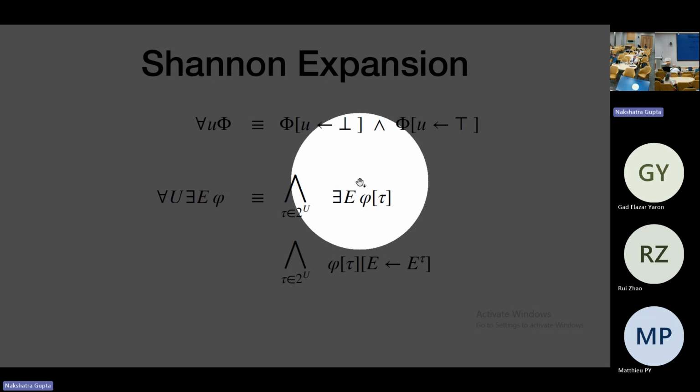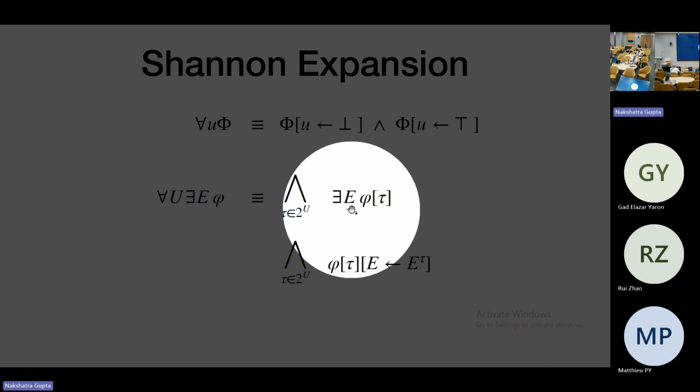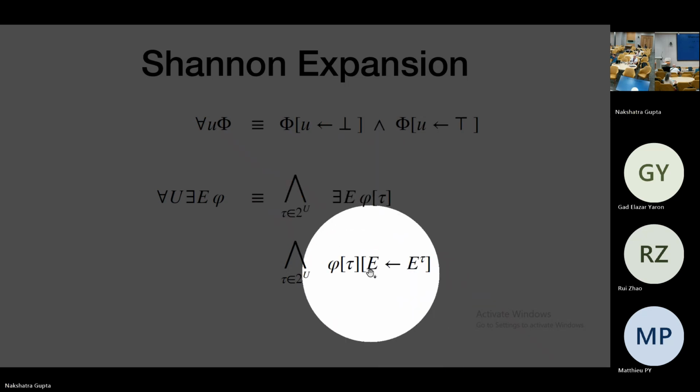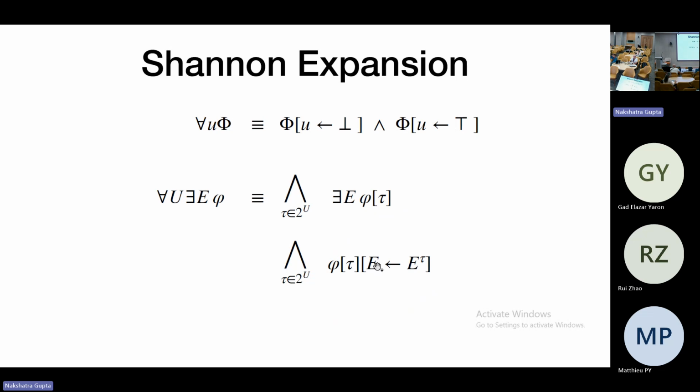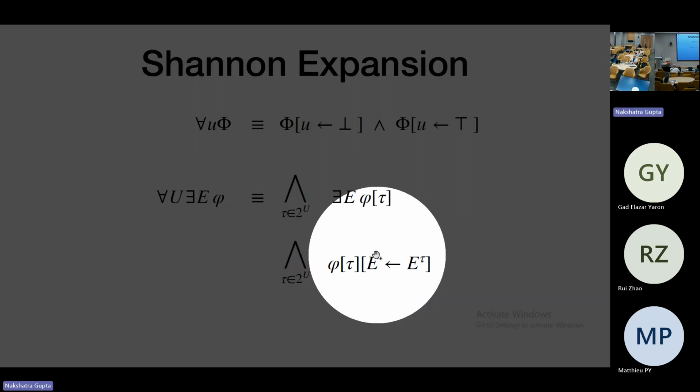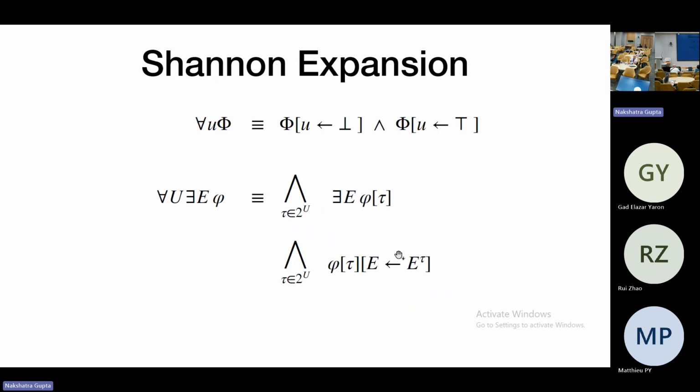And instead of the existential quantification, you just replace the existentially quantified variables with a new set of variables that are marked or annotated with the assignment, this tau. So what I mean by this is you take each variable in E, you introduce a new variable that has this tau as a mark. And now you have a purely propositional formula